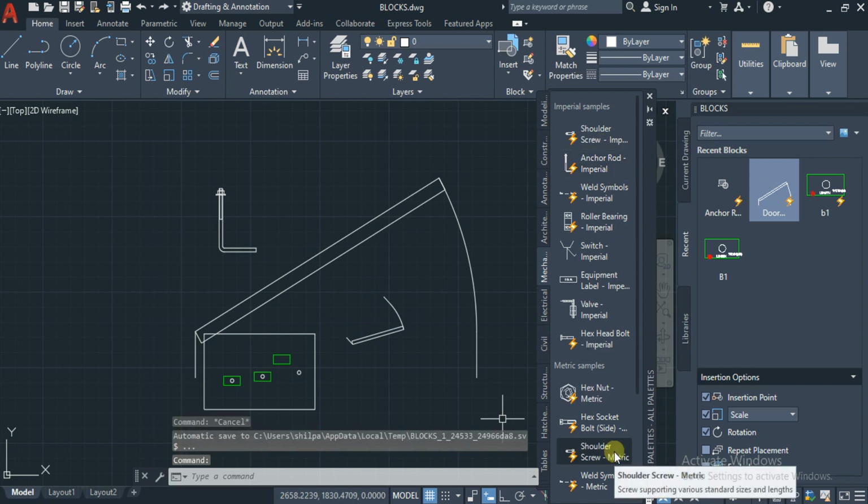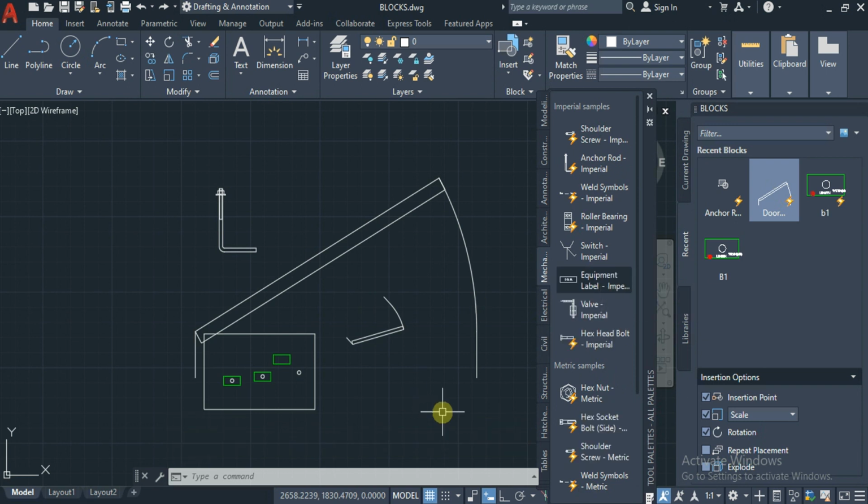If the required shape is not in the tool palette, then you have to follow the whole procedure, that is block creation and its editing. If needed, you can convert it into a dynamic block whenever you want to use it. Whatever blocks and layers we have created till now can be imported from one file to another file. We will see how to import those styles from one file to another in the importing topic. So this is all about the blocks.